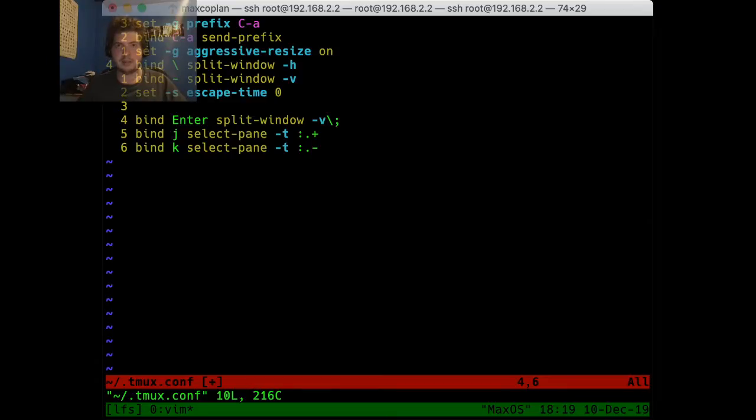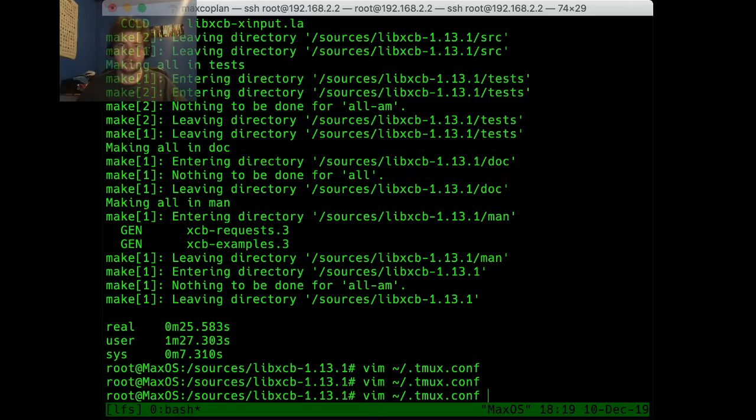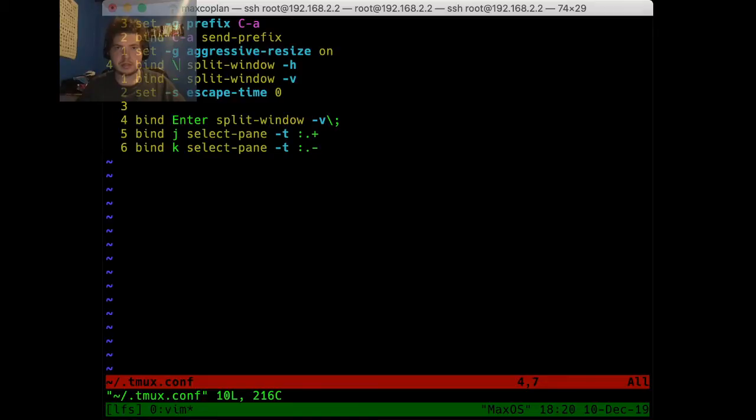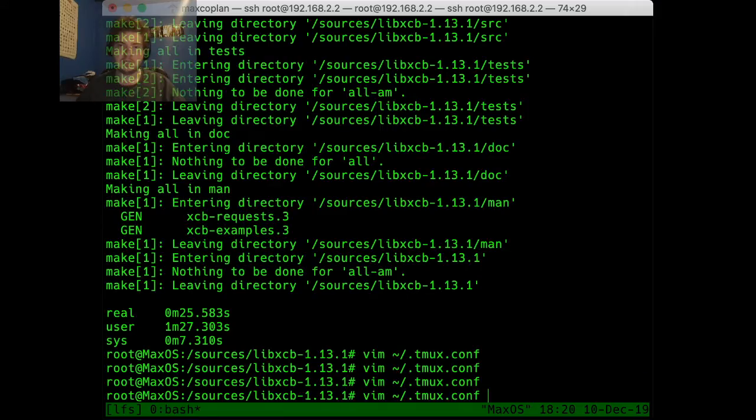I think I'd rather have it be like that. I actually don't know if I can do that with that. I think you can do it like this. I know key split window. Yeah, okay, I can't do that. Maybe I could do backslash, backslash. You know what? No. I'll just keep it forward slash.